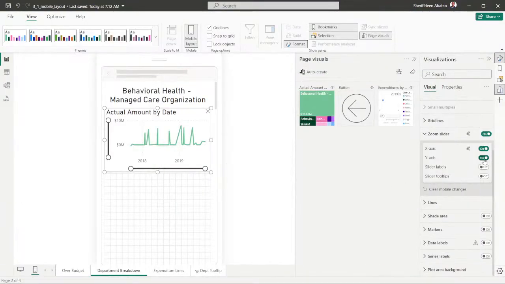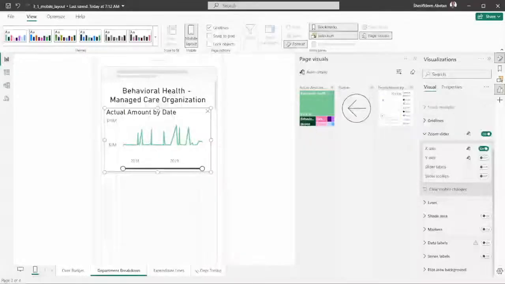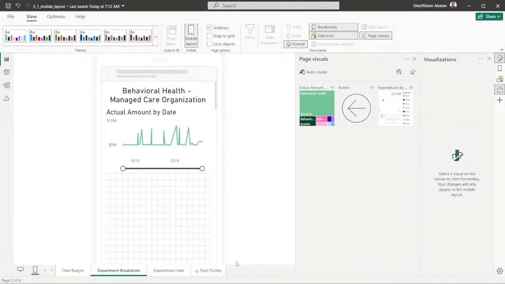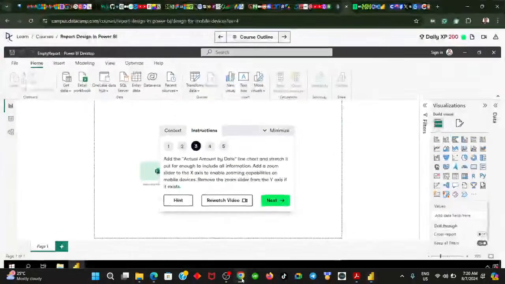Let's remove the zoom on the y-axis. Okay. They can zoom in. It's going to stretch it out. Interesting. Okay. I think we are getting there. We are building a simple report for mobile. Okay. The next one says